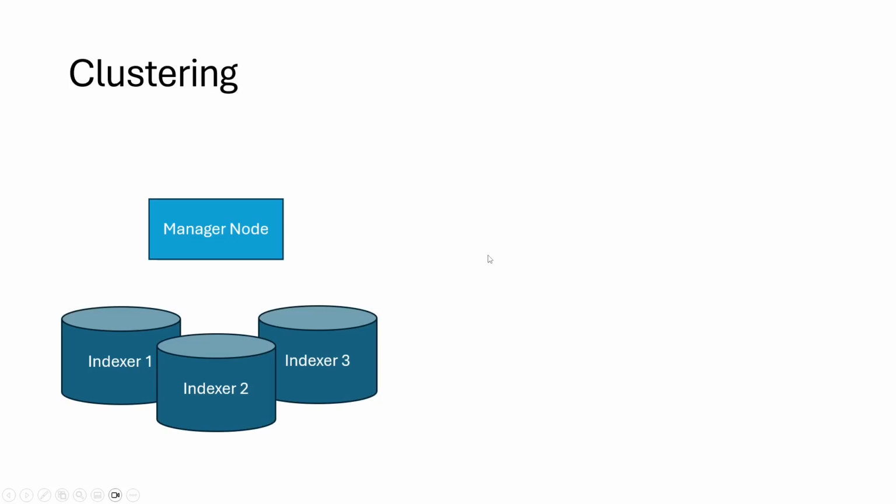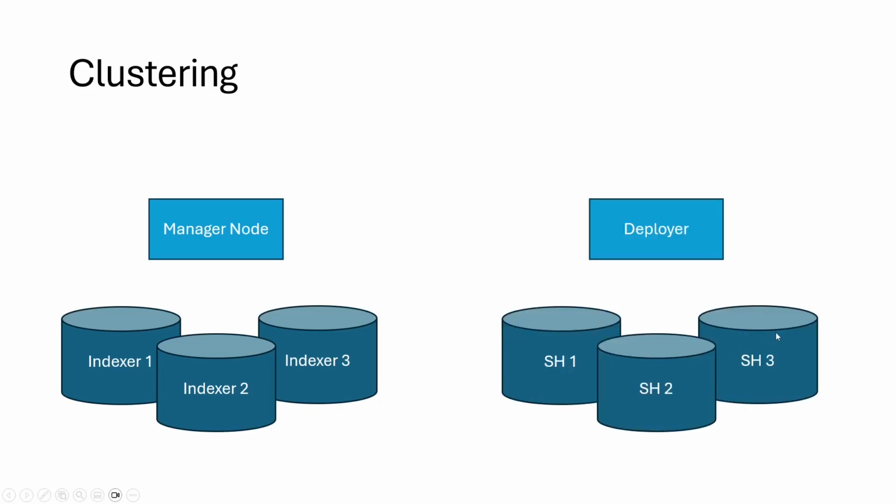Jumping over to search head, it's slightly different, but it really does follow the same format. You must have 3 or more search heads. So I got search head 1, search head 2, search head 3. Technically, we're going to say the deployer and the manager node follow a similar concept, but it's not truly the